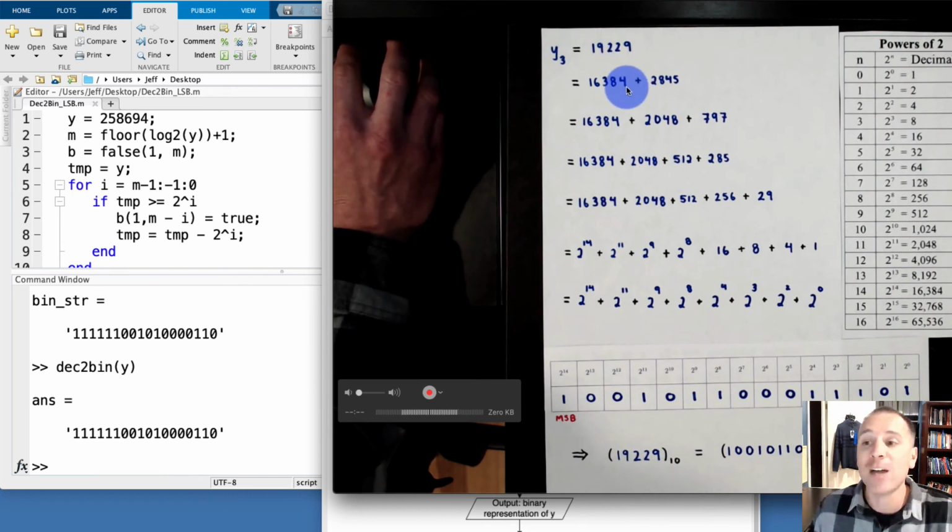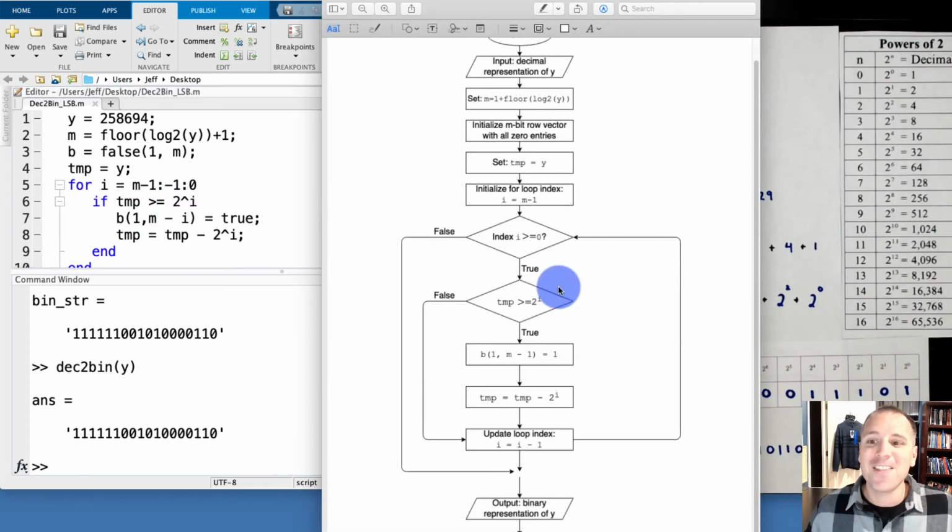Each time we dropped down to the next remainder, we took the highest power of 2 that we could that was less than the corresponding remainder. Once we did that, we broke it into 2 pieces, that power of 2 and everything remaining, which is what's happening here. The moment that we notice that our power of 2 does show up, we are going to set one of the bits equal to 1. The question was, which bit are we going to do? In my case, I wanted this to have the most significant bit on the left-hand side and the least significant bit on the right-hand side. So I did some math on the indices to make that happen.